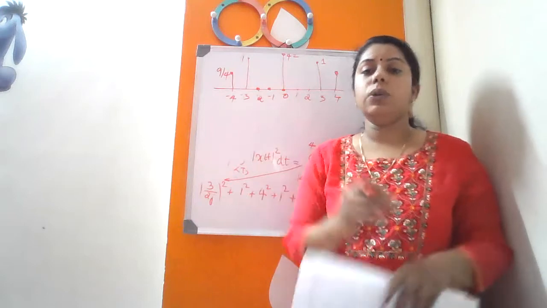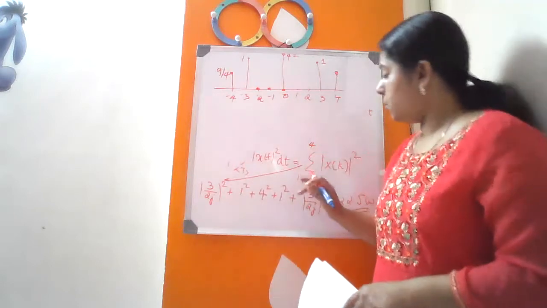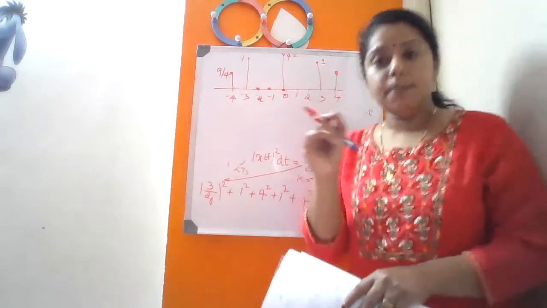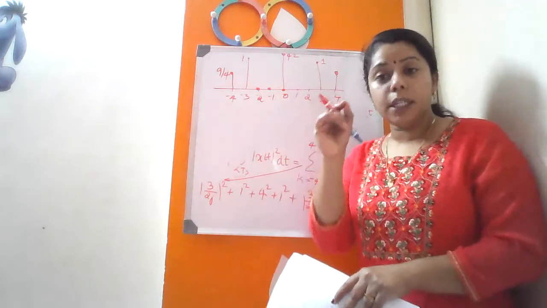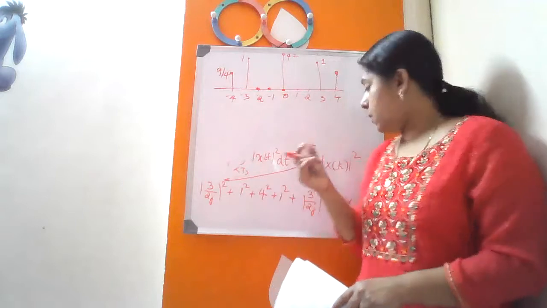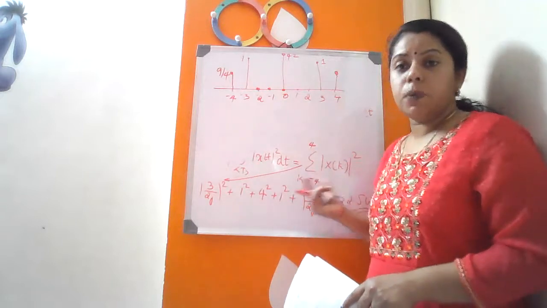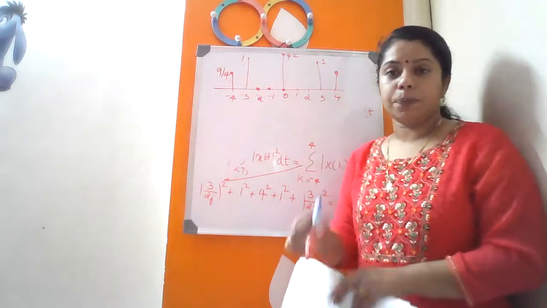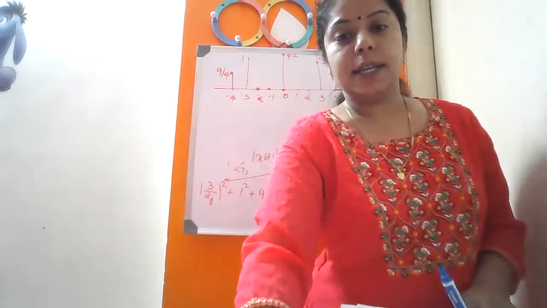So after finding out the average power, you came to know that you have k value from minus 4 to plus 4. So simply substitute the values and find out what is the magnitude part. Okay, so plot that thing. So this is your power spectrum. So we completed the second problem.